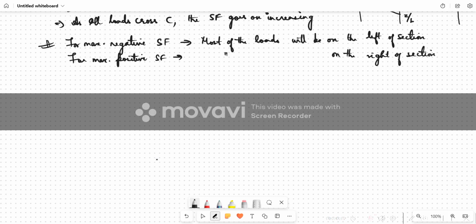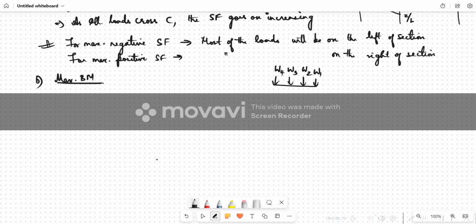Okay, so in the previous video, we have seen what are the maximum positive and negative shear forces. The second thing which we are going to learn next is maximum bending moment at any section C. So now you should understand that you have a set of point loads, W1, W2, W3 and W4. So these loads will definitely have a resultant acting somewhere